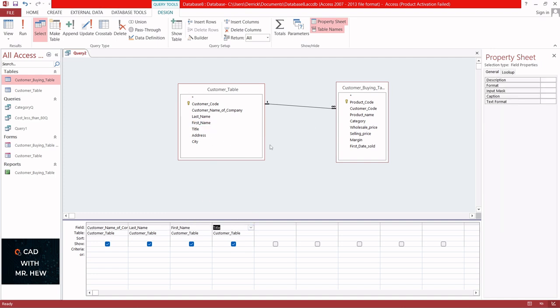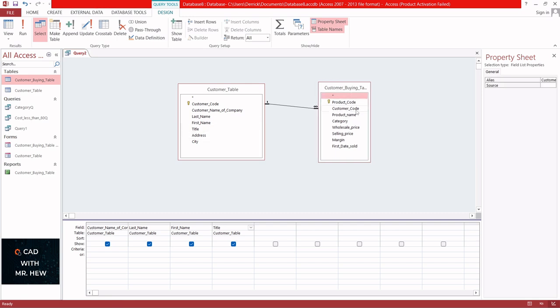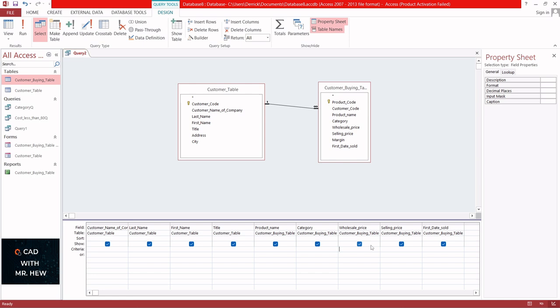Now I'm not going to use the address or the city from that table. And then from the bind table, I'm going to include the name of the product, the category, the wholesale price, and the selling price, and also the date sold. All right, so you want to see the wholesale price that is